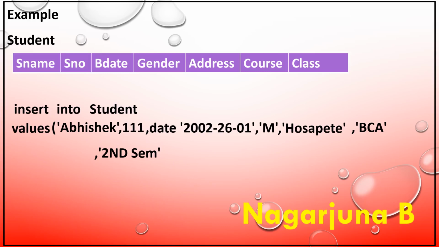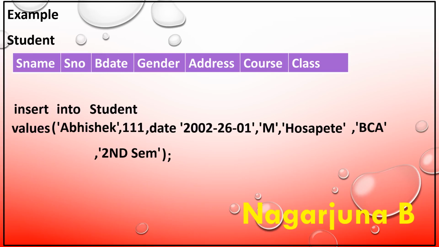So remember one thing, whatever literal values you are going to give, that should be in the order of the attributes which you have considered for a relation at the time of creating the table. After that, close the bracket. Then after that, write a semicolon. In a few kinds of applications, a semicolon is not required. That is, it depends upon the type of software in which you are writing an SQL command. But most of them will require a semicolon at the end.